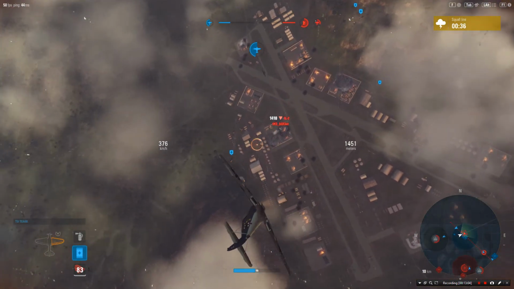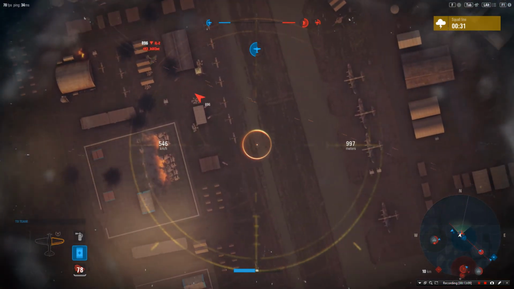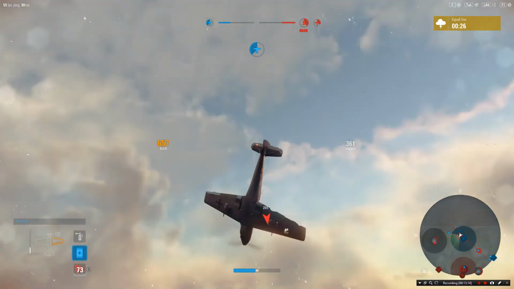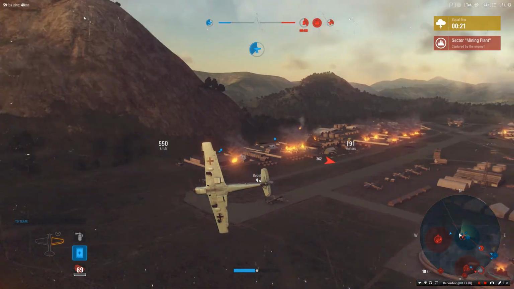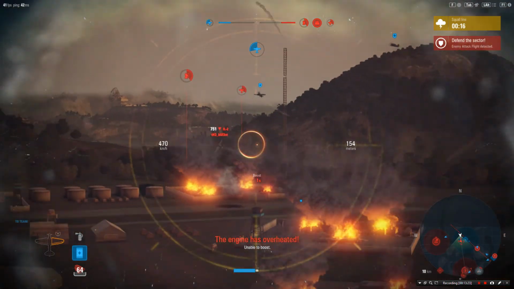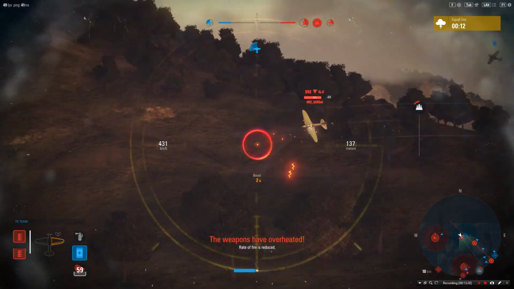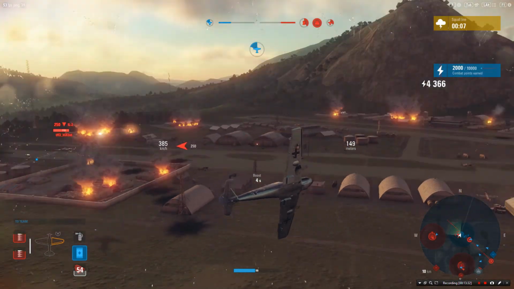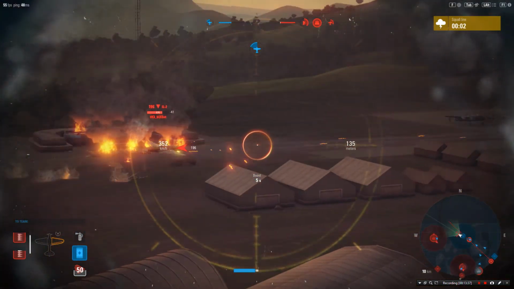Let's get in on him. IL-2. Pull up, pull up, pull up. Circle round, come in behind him. That was close, almost hit the pylon. He has no rear gunner, which is useful. Oh no, he does. That means he's the weaker version of the IL. No, he's the... trying to see if he's got...